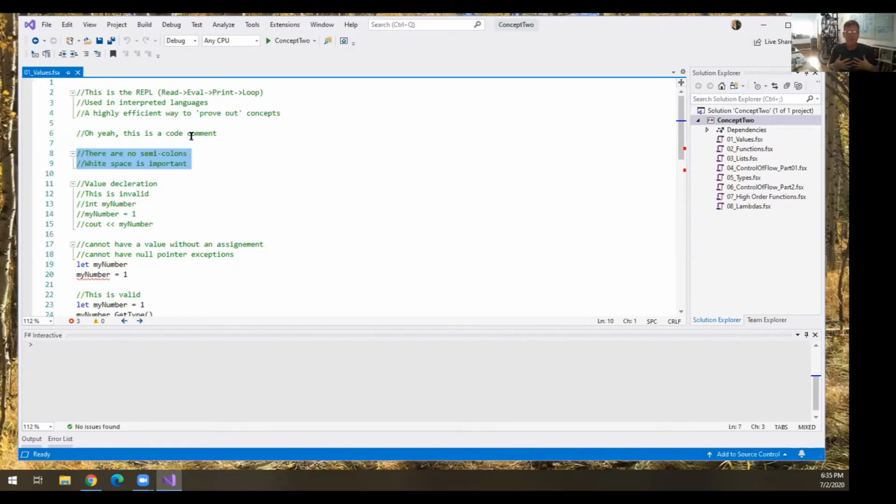And for me, that was really disconcerting because I wanted to see semicolons. I wanted to see curly braces. I kept hitting semicolons even though they weren't needed for about 2.5 years. I'm serious. Semicolons don't add a lot of code clutter. Curly braces certainly can, particularly when you start nesting things. But I'll show you all that as we go along.